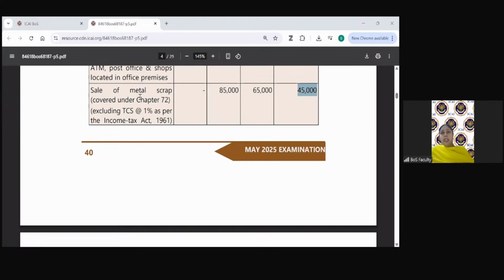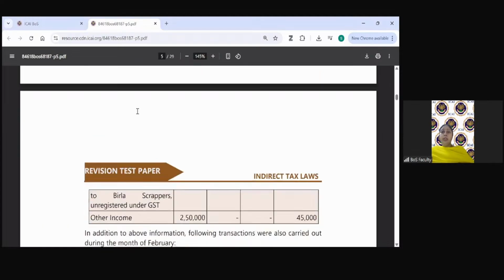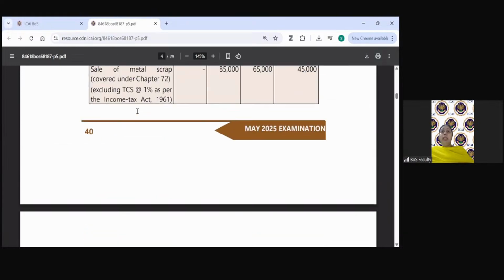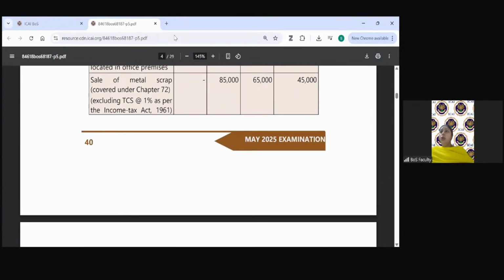Value of supply for GST is 45,000, with 18% GST levied on it. TCS we will not include. It is an interim levy. It is not includable in the value of supply as per GST law. And therefore, 45,000 plus 18% of 45,000 makes the value 53,100. That will be the amount on which TCS will be computed at the rate of 1% for the Income Tax Act. Next question which comes is whether this is leviable under forward charge or reverse charge. Let me see two answers which I have received.